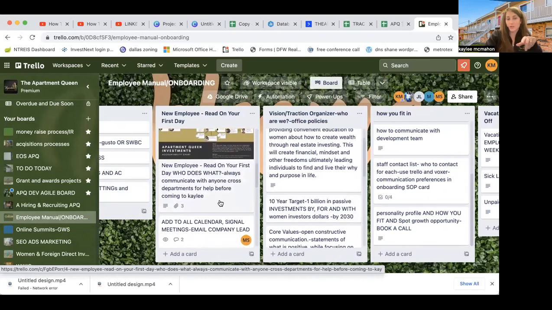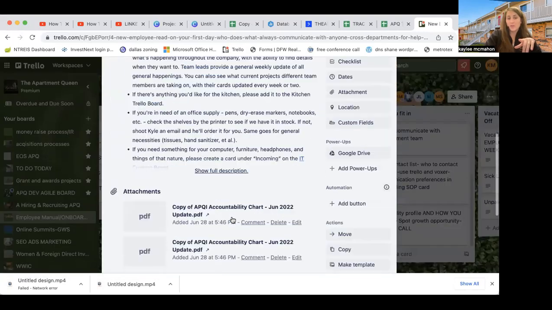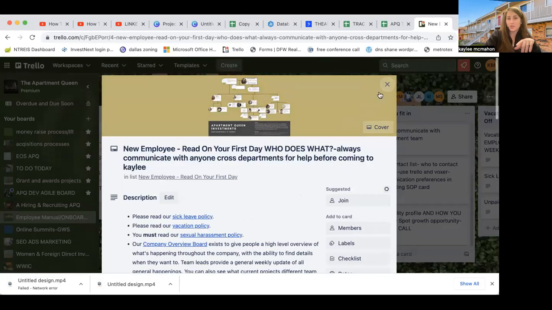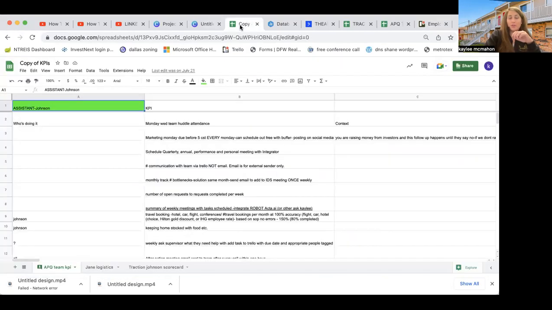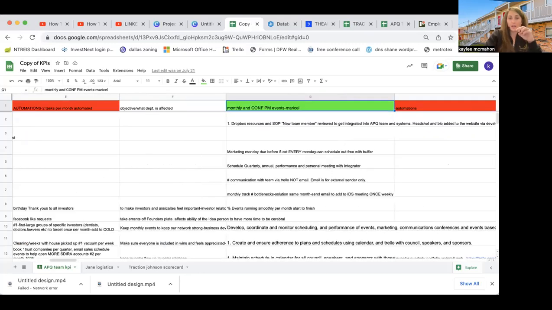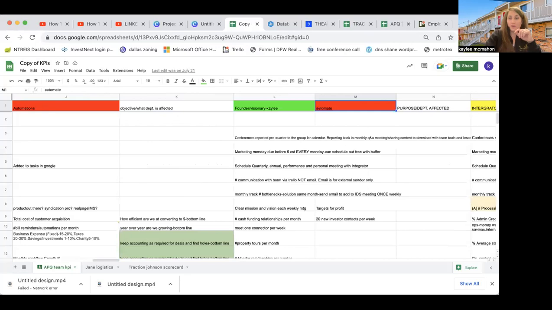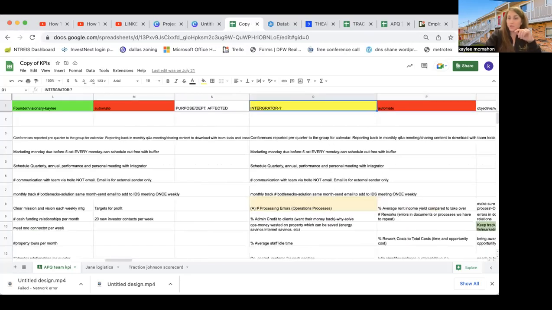Who does what? On your first day, this would be where you go. We also have listed in here your SOPs per each job role. When I'm going over here, the SOPs also list out all of your KPIs, or rather, your job description lists out all of your KPIs. So for example, for us, we had an assistant, a conference and event manager, a CFO, a founder, an integrator,